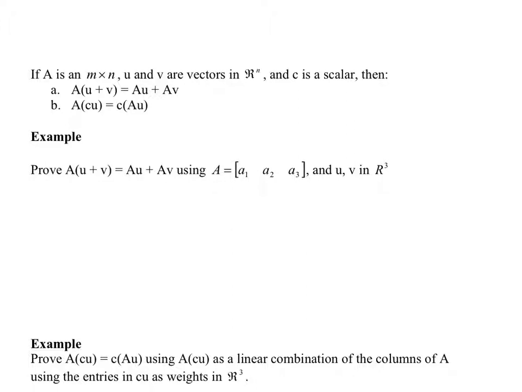So A is an m by n matrix. U and V are vectors in Rn, so n dimensional space, and C is a scalar. Then we have these two properties, right? The distributive property: matrix A can be distributed through vectors U plus V. The sum of two vectors, visually, we learned about what that takes the form of in a graph, last time, 2 classes ago, I think. And then also we have